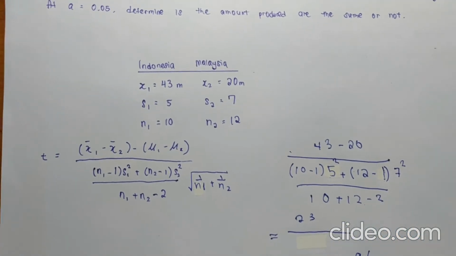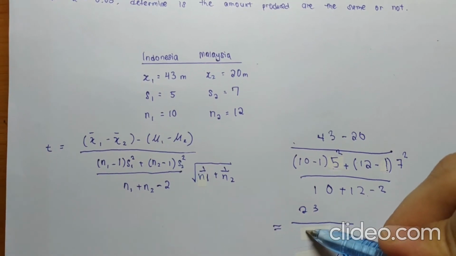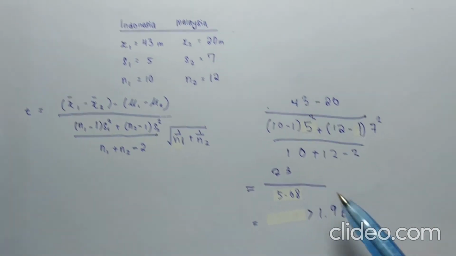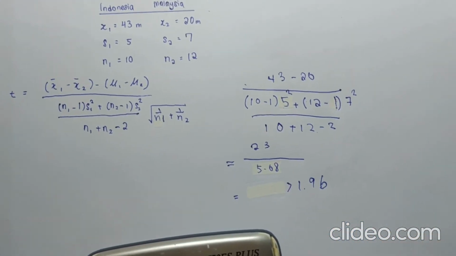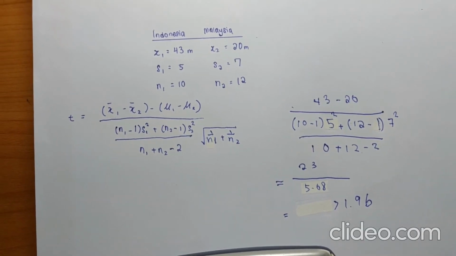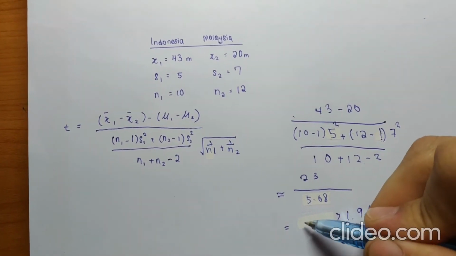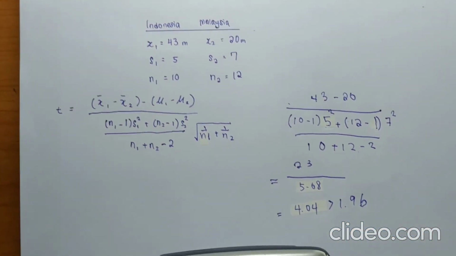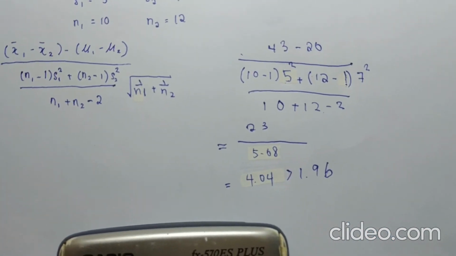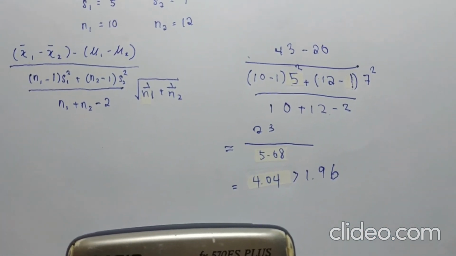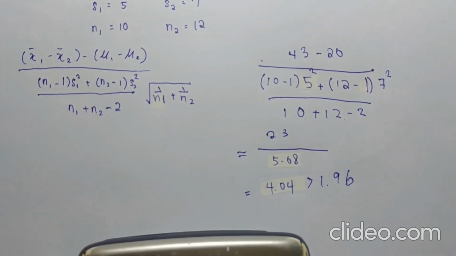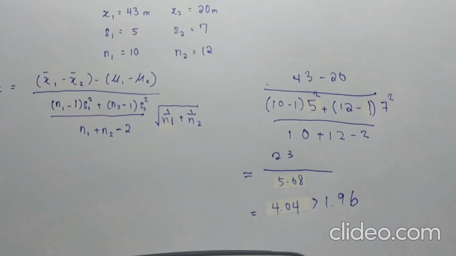So if you were to key this into the calculator, you would get a figure of 5.68. So 23 divided by 5.68 gives us the answer of 4.04. So 4.04 is bigger than our critical value of 1.96. So in conclusion, we reject the null hypothesis because there is a difference between these two